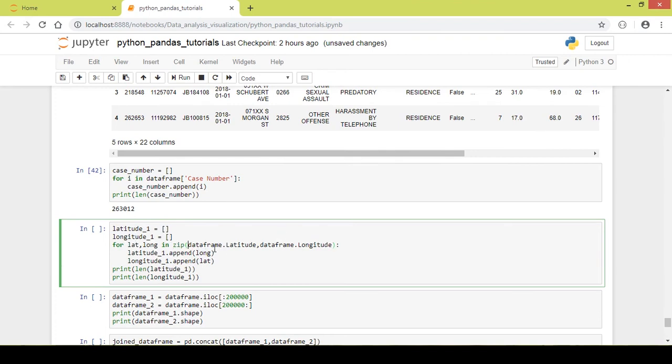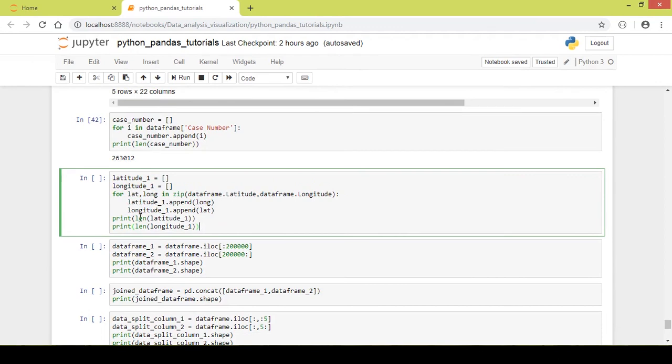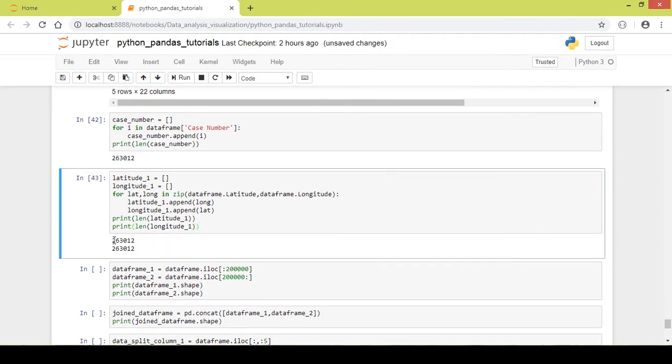I use the data frame dot column name to iterate through the first column, and secondly I use the data frame dot longitude in order to iterate through the second column, that is longitude, and I append the iterated values into the empty lists, and finally I print the length of the list in order to see if it has iterated properly or not. So I run this part of code, and as you can see, it has iterated through all the values in the columns latitude and longitude, and it has printed out the length of the list, that is